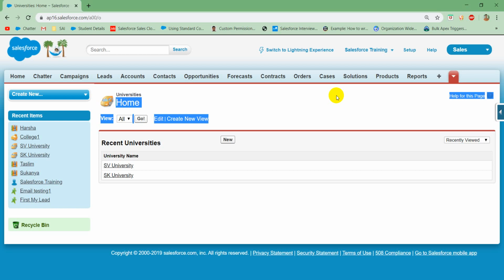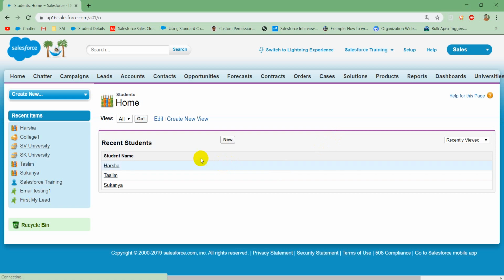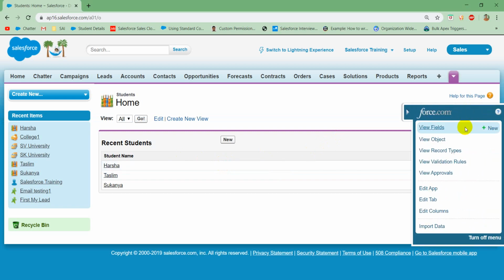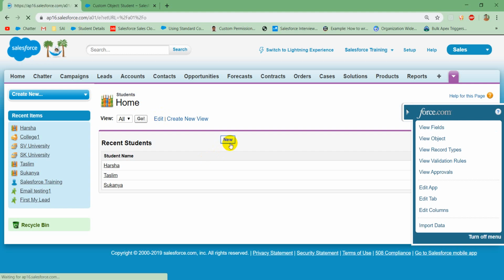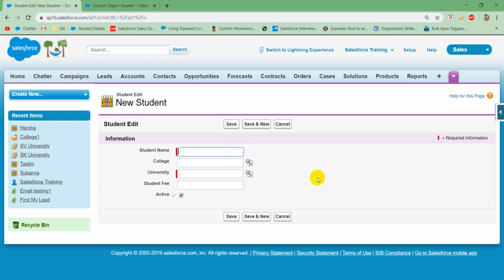Okay, so now let's see the validation rules first. Validation rules will be fired whenever a record is created or updated. When a record is deleted, the validation rules will not fire. Okay. Now here,